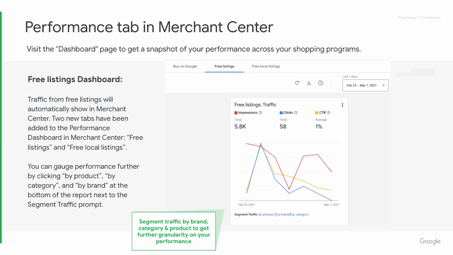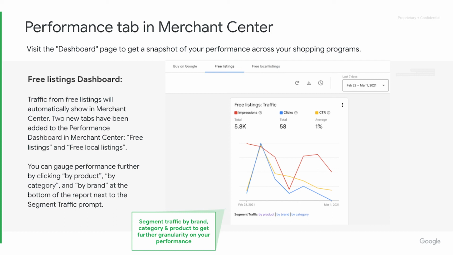There are multiple options available to enable deeper explorations of your data. For example, you can change the date range from the default 7 days to any interval, or enable date comparison, such as month over month or week over week. You can also segment the data by product to find out what are your best performing products. But you could also segment by category and by brand. Lastly, you can schedule the delivery of any dashboard or report by email at the interval that best aligns with your business needs.